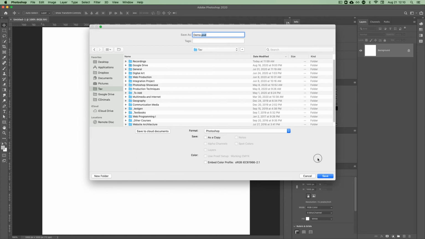So what I suggest for you actually is for every one of your courses, you should start getting organized. So on your computer, you should have maybe a TAV College folder, and inside that folder, you'll create more folders for each of your individual classes. So for this class, I would call it Digital Art, and then you could keep all your files for this class into that folder. So when you're ready, you can click the Save button,